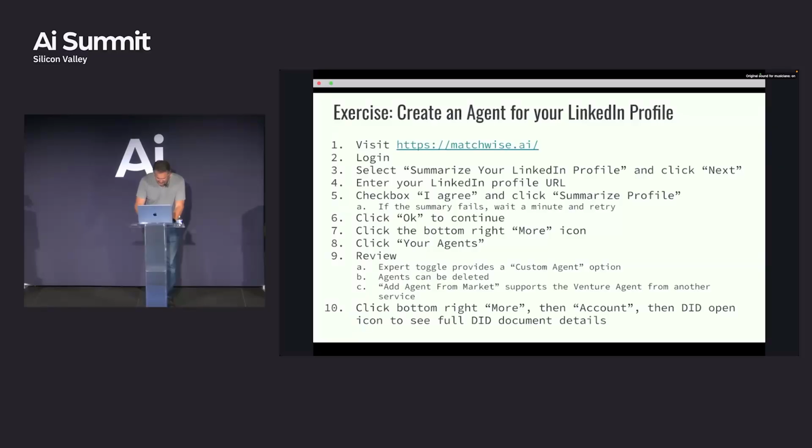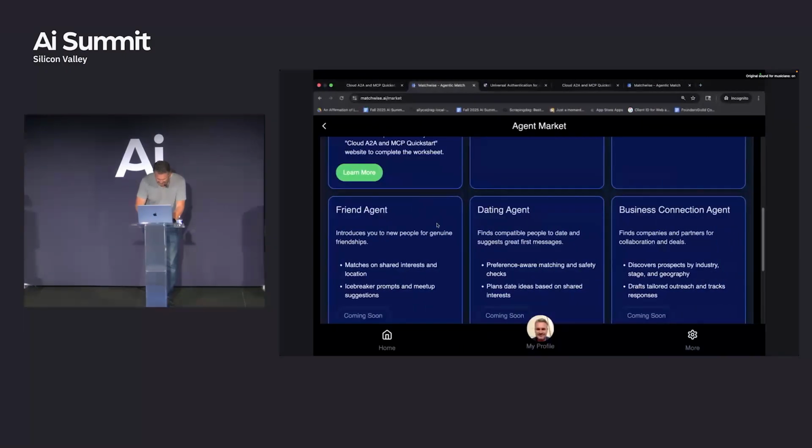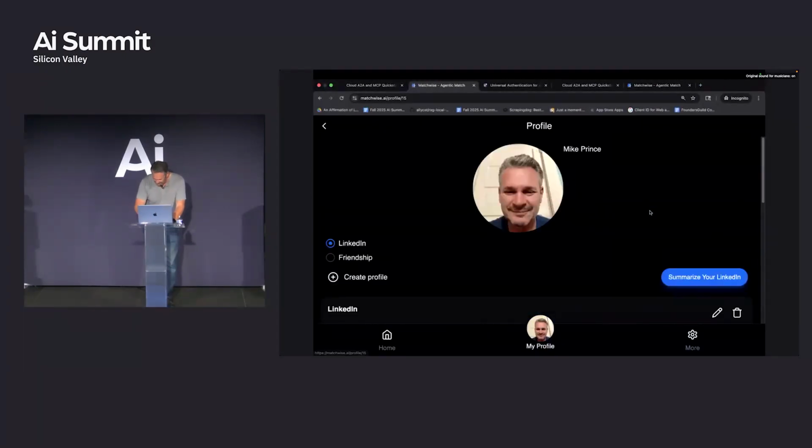So if you just logged into Matchwise, it would actually say, do you want to use LinkedIn? Do you want to use North Star? If you've already logged into it, it gives you a different set of screens. There. Okay, finally got it. Cool. Okay, so on this one here, again, it's in development right now. This is my little profile on this guy.